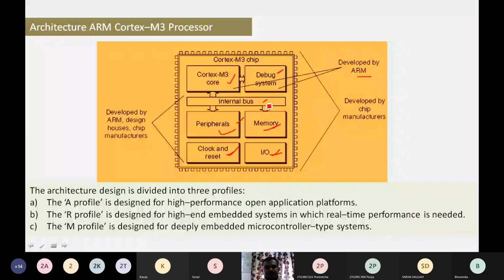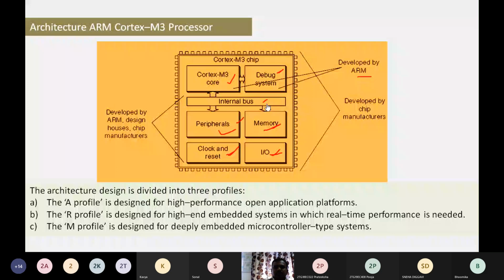So this is about the architecture of ARM Cortex M3, and this is the introduction of the ARM Cortex M3 processor. In the next class, we will deal with the architecture.